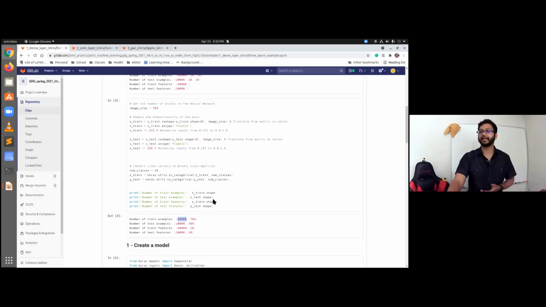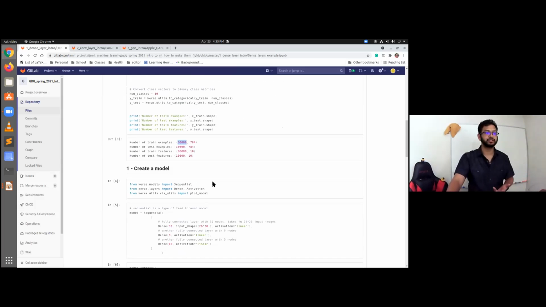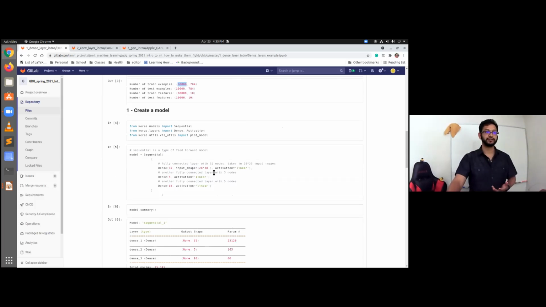But this is all just data management with Python that you guys can look at later. The thing you're probably interested in is creating the model. So now we're going to have a basic model. It's called a sequential model, as previously shown, where it's just one layer after the next, and it's all dense. We're starting off with, again, 28 by 28, which is 784 as the input.